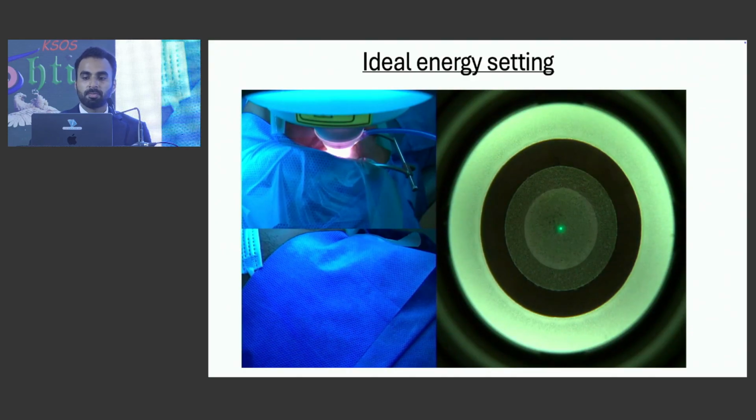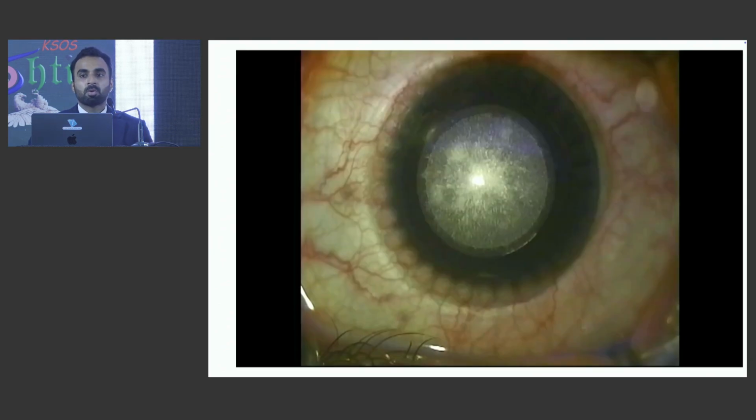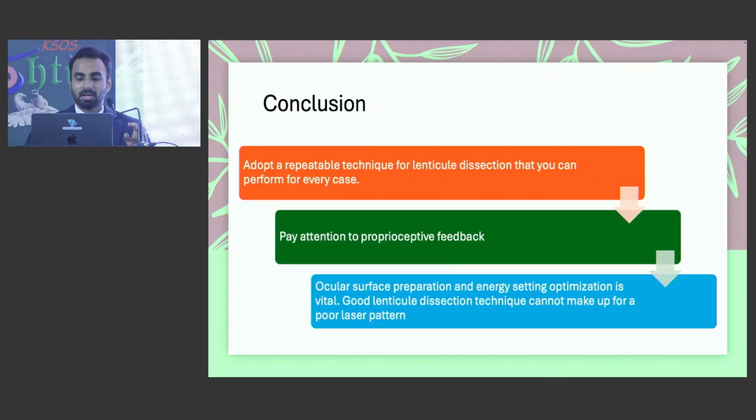It's a perfect energy pattern. This is ideally what you should get in every single case. I'm going to overshoot by another 2-3 minutes because of my instruction video. Okay,